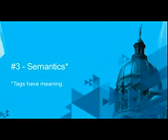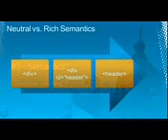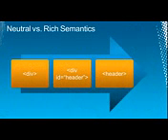The next word is semantics. And in the context of HTML5, you often hear the terms neutral versus rich semantics. And semantics just means meaning. Right? The div, our old friend the div, that generic sectioning element, is semantically neutral. It is meaningless in terms of conveying why that element exists on the page or what it's actually doing there.